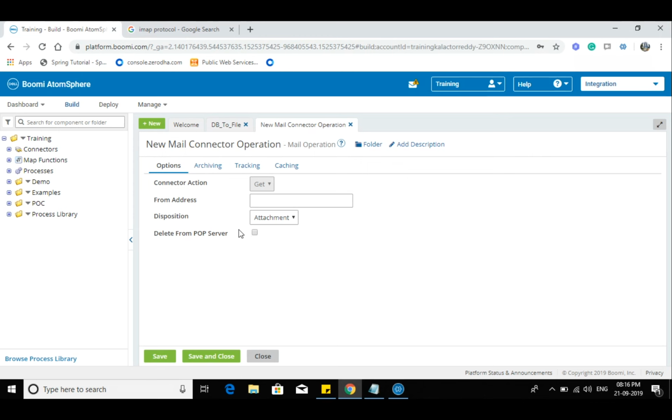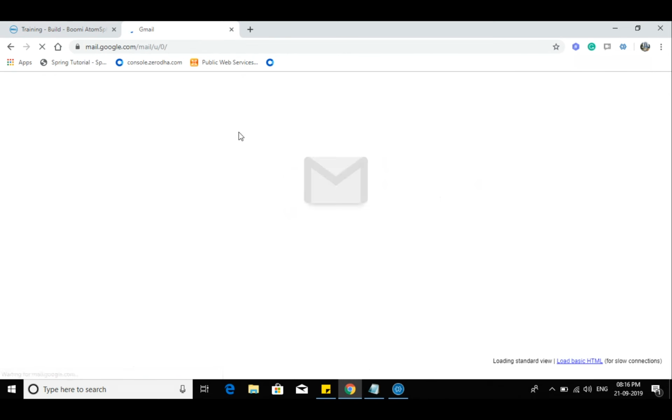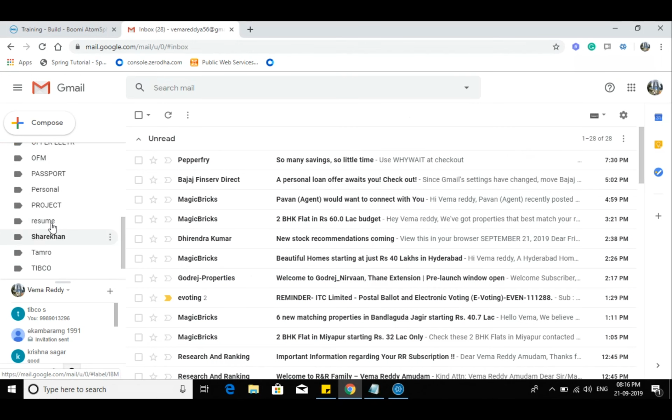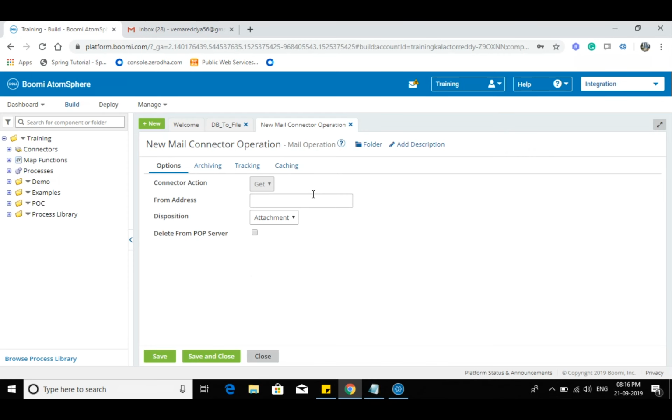But there is one more thing that is lacking here: you cannot specify the CC, you cannot specify the BCC, and you cannot retrieve mails from folders. Let's say you open your mailbox, you might have created multiple folders. Using that mail connector, you cannot pick the mail from a specific folder. So you don't have that option using the mail connector. The problem is you cannot use BCC, CC, and